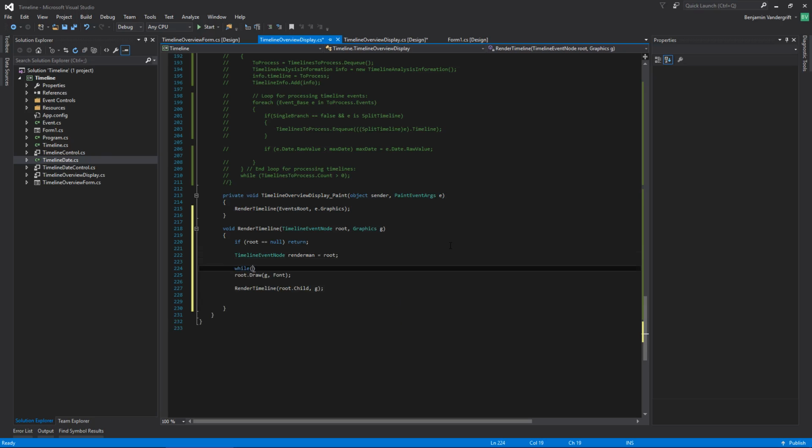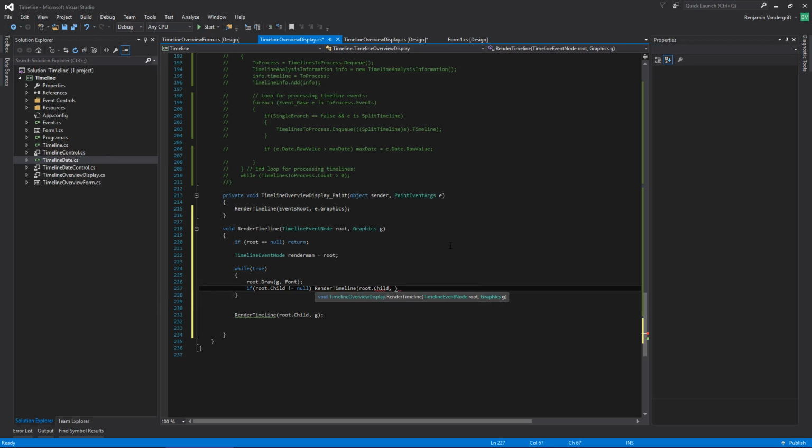let's see, while true, root.draw. I'm just going to actually do it this way. If root.child does not equal null, render timeline root.child. Get rid of this stuff. And actually, I can just go ahead and change this to while renderman does not equal null, and then renderman equals